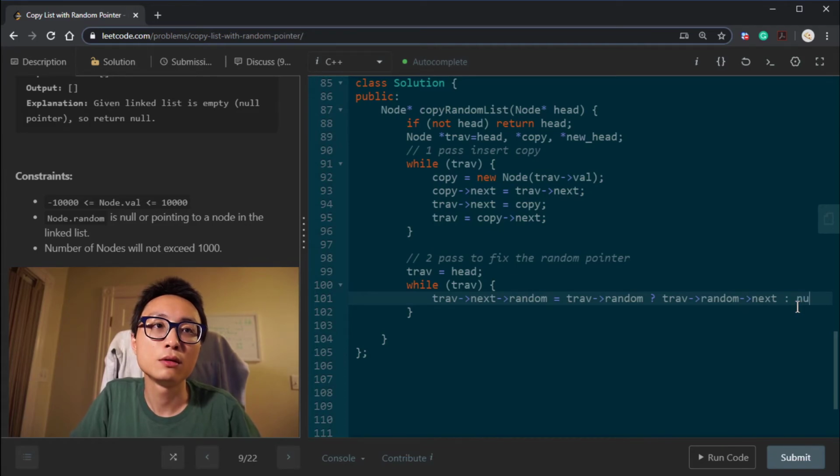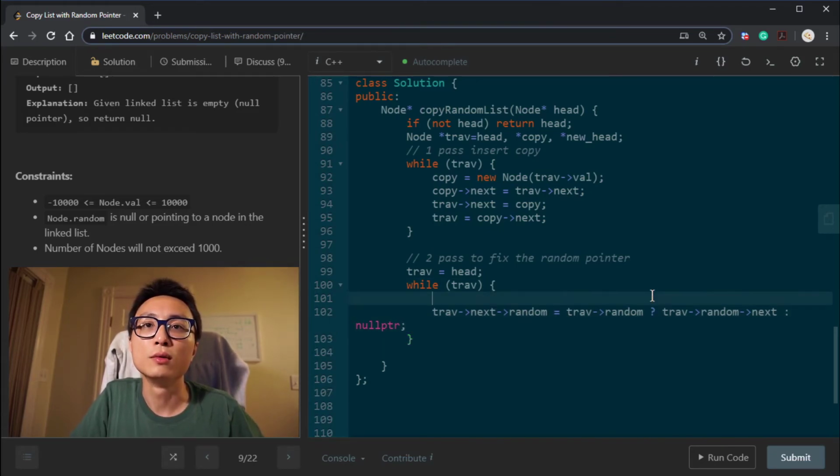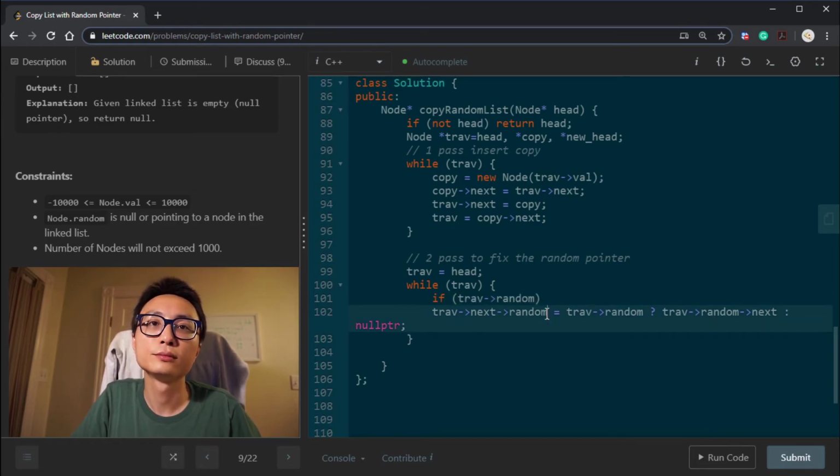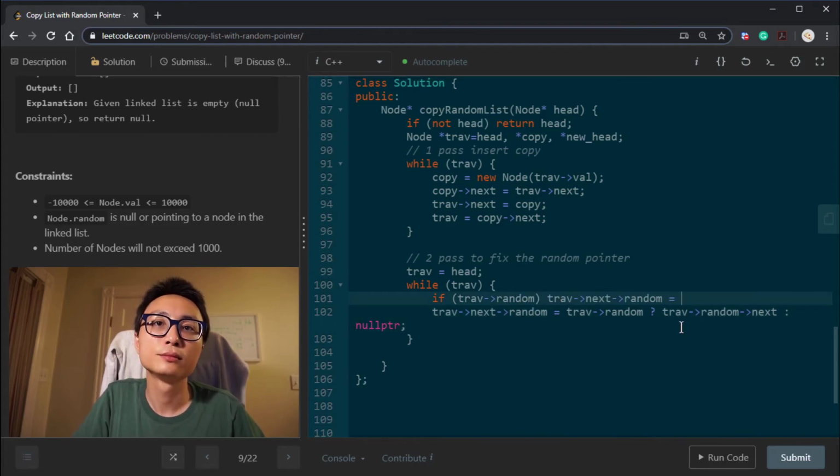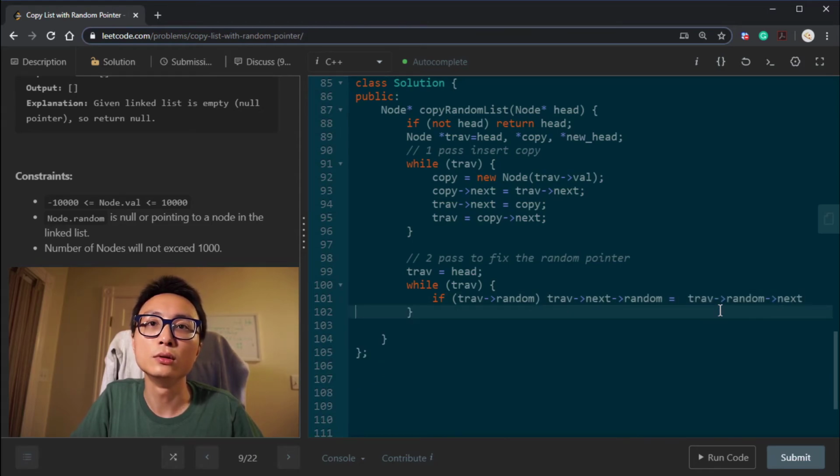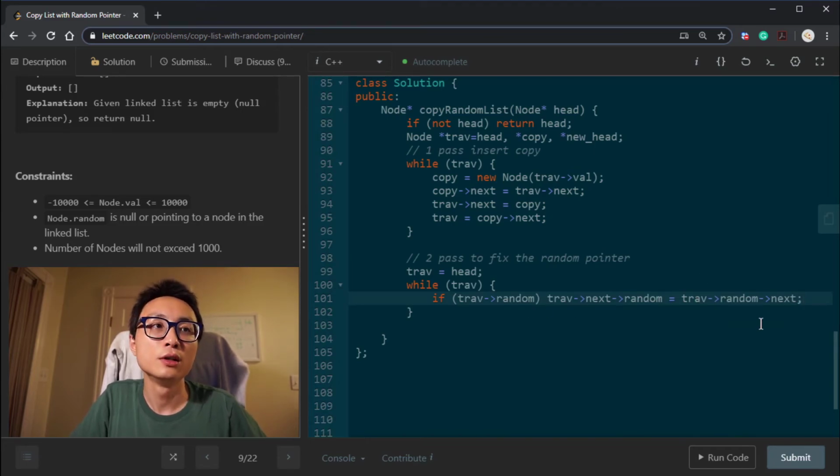It's a little bit too long, let me actually put an if statement here. Otherwise, it would just be the default, which is going to be a null pointer.